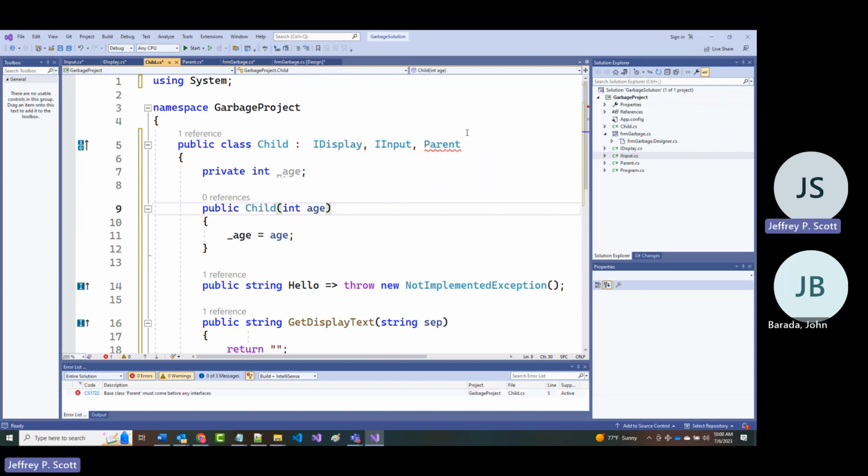We're putting a class after the interfaces. And it says base class for parent must come before any interfaces. That isn't legal. It must be done like this. Then everything is fine.